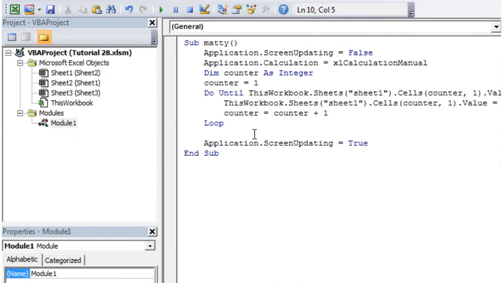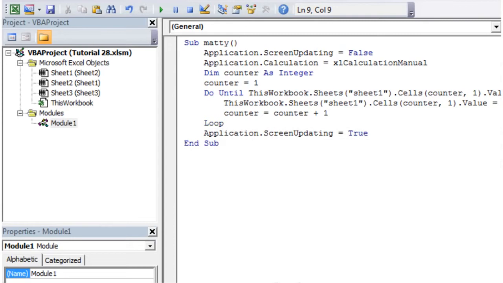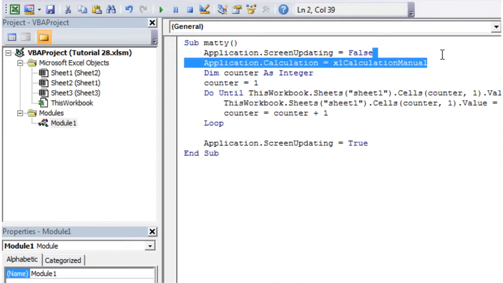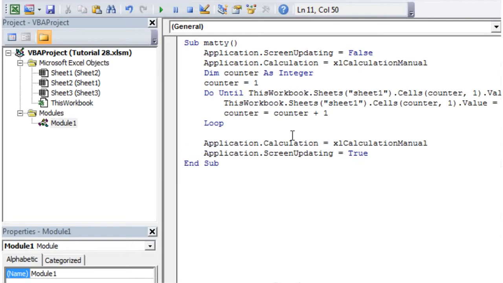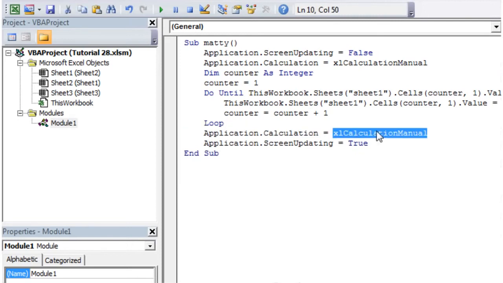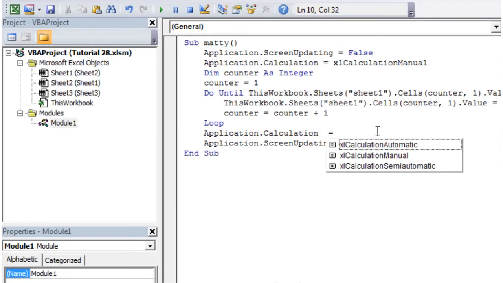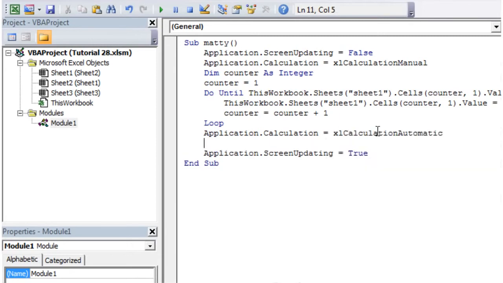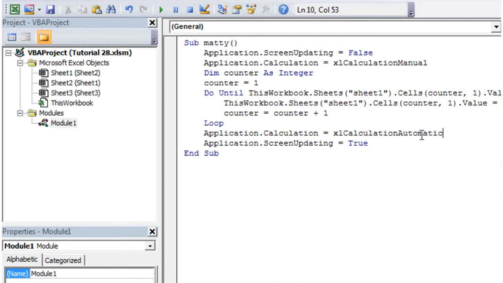So, and I'm pressing Alt V because I've got used to my Mac now. And so copy, paste. And then we just want to change this to Excel calculation automatic, which is generally the default one that everyone uses. If you don't want to switch back to automatic and you use your spreadsheets in manual all the time, then just do